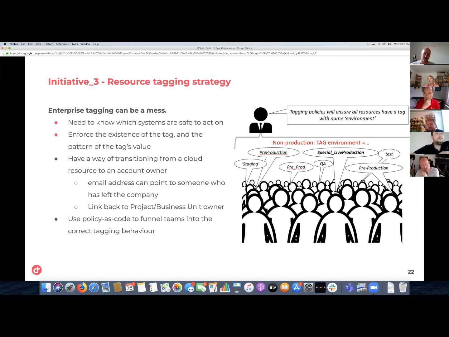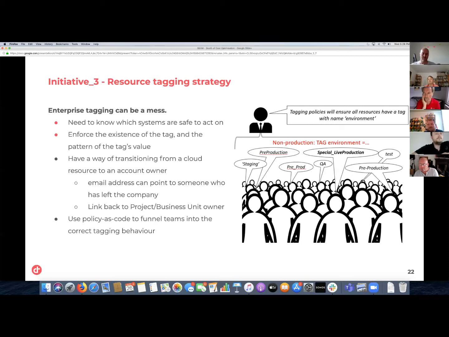So we're enforcing this, and this is a tagging policy. You'll get blocked if you can't. And on the surface, that looks okay. But then when you come to enact that and say, okay, we're going to shut down the non-production databases at the weekend, and they've got a Confluence or a wiki page with their tagging strategy saying all the non-production instances